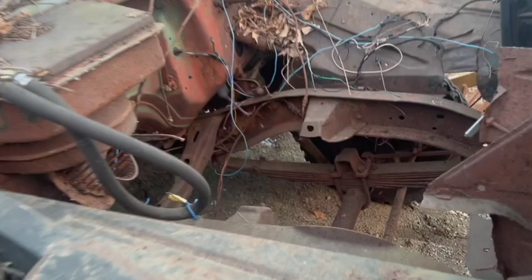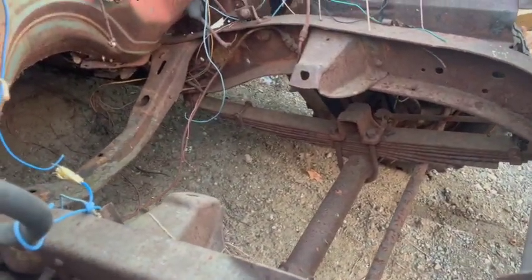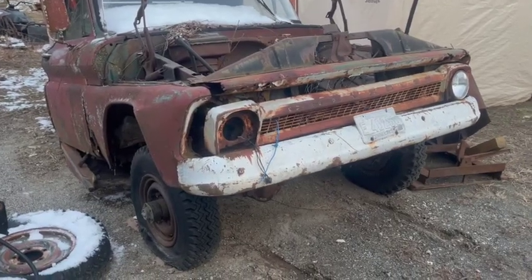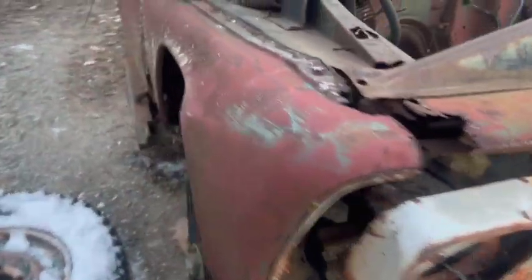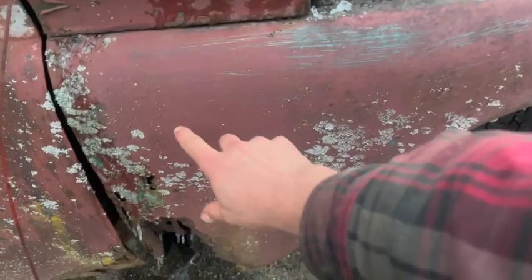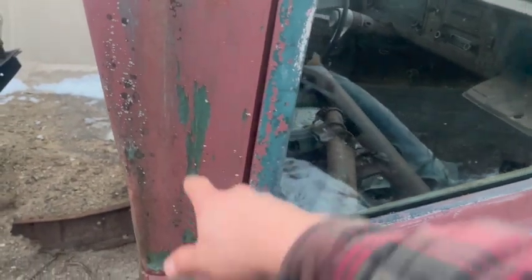But the VIN for this truck shows it having a 283 in it, so I want to put that back. I have to remove these engine mounts and put them in that other frame. The interesting thing to note about this cab is this bumper is painted, the grille is painted, there isn't any trim on the sides of the cab, no emblems here, and no custom trim on the side of the cab